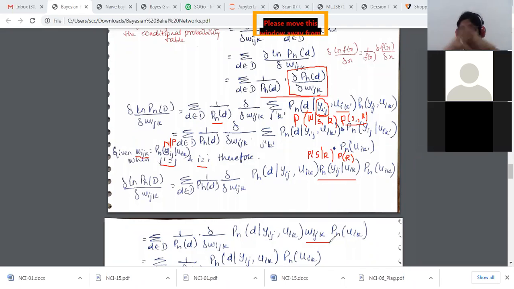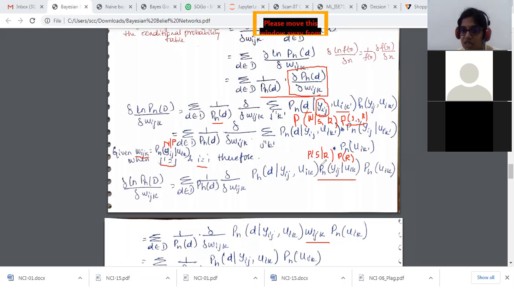I have wet grass. From the wet grass, I had two parents, sprinkler and rainy. Those were my parent nodes to this, and I had a probability that was created for all of these nodes, and I specified that as Wij. So when I already have the four similar nodes, if they are equal, there is no additional change that has happened. I'm going to take those values itself rather than writing the four table values. I will write it directly as Wij.